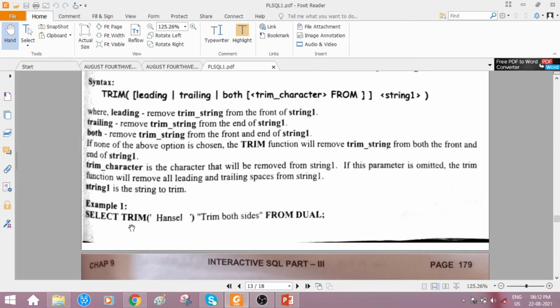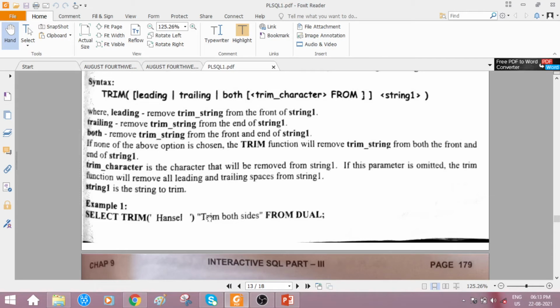So what is the nature of trim? If no leading, trailing or both are mentioned, by default it is going to remove the characters from the front and backward both. And the trim character, which character has to be removed, is also skipped. It simply removes the spaces from the front as well as from the back.